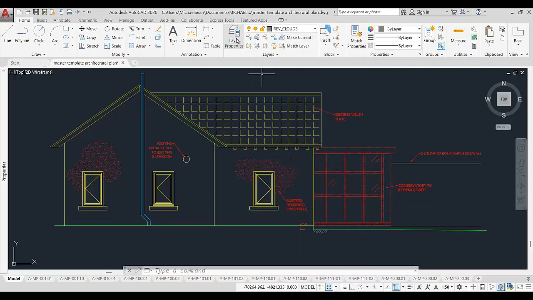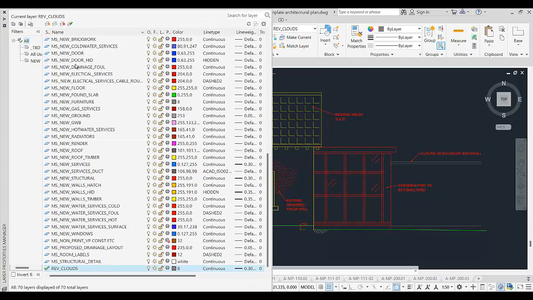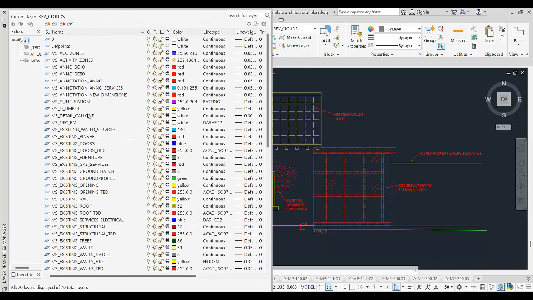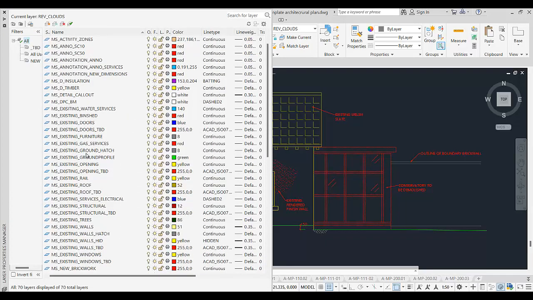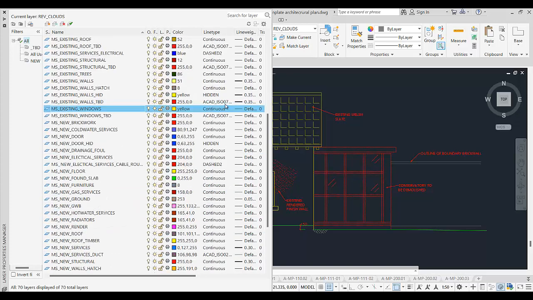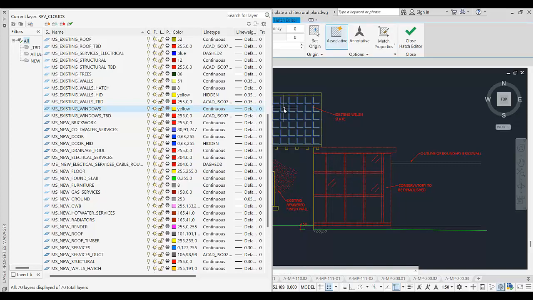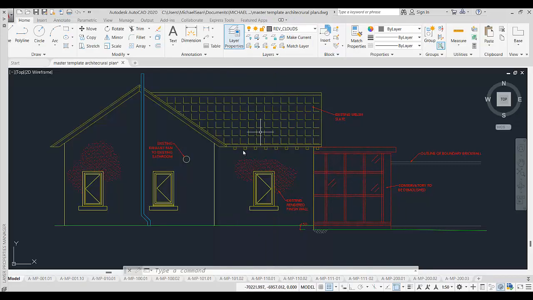As you can see at the moment, this geometry is created on the Windows layer, and the Windows layer itself, if we explore, we can see is created on a continuous line type. However, we wish to change elements on that layer to give them an overriding line type pattern. In order to do this,